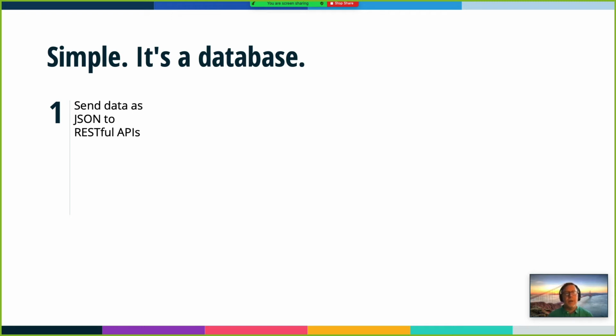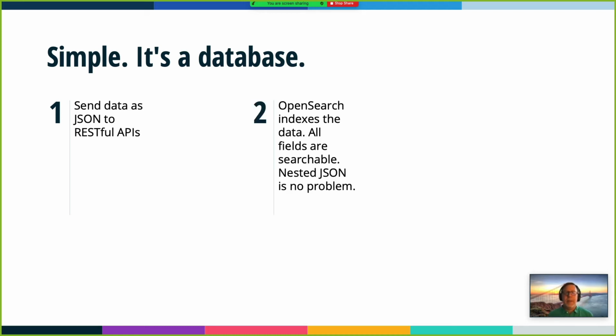It has a very familiar interaction model, right? So you're going to send your data to OpenSearch via JSON, via those REST APIs. Next point. Then OpenSearch itself is going to create indexes on all of that data. All of the fields in the JSON are searchable. This is another differentiator for OpenSearch versus other database technologies. The indexing is automatic and assumed. So even down to nested JSON, you're able to get dot path access to those fields to provide search against them as well. Next point.